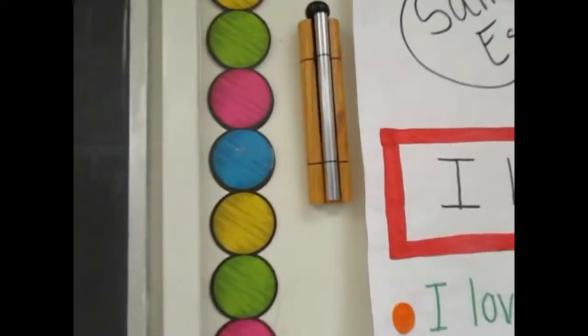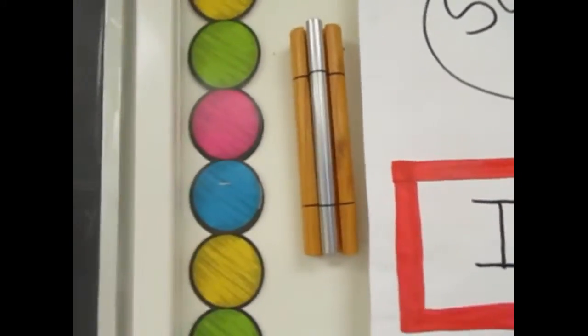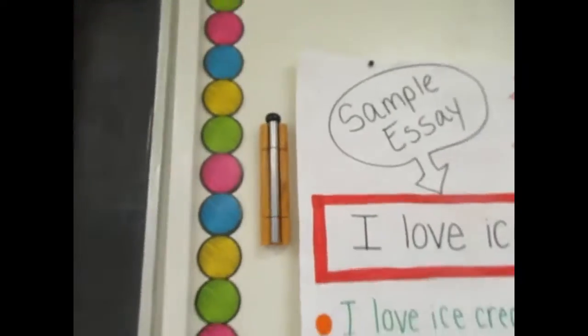So this one I just have my paper cutter that I use all the time and my hole punch. And then over here I got this little chime on Amazon as well. So this is another method to get the students' attention. So I just take it and ring the bell, and when I do that, that means that they need to stop talking and put their